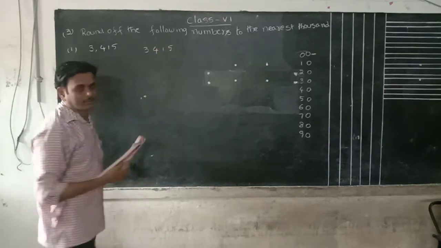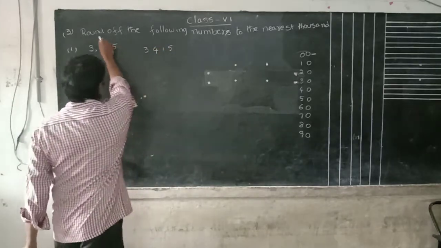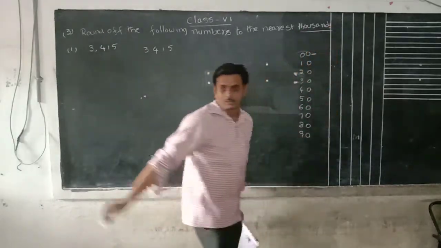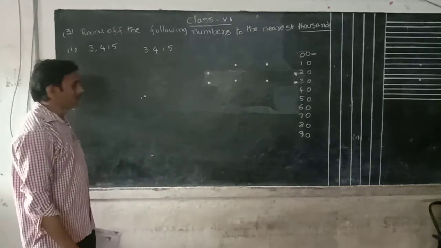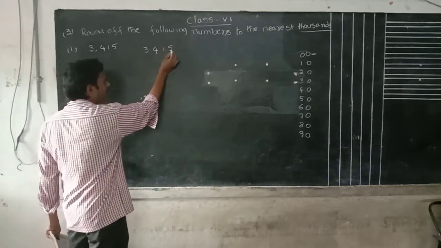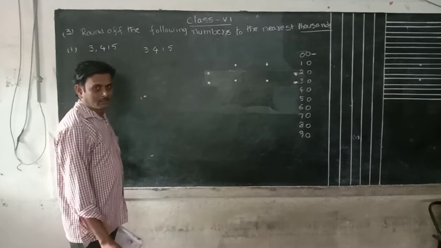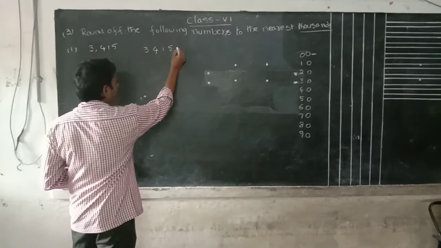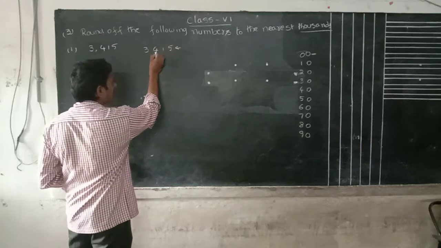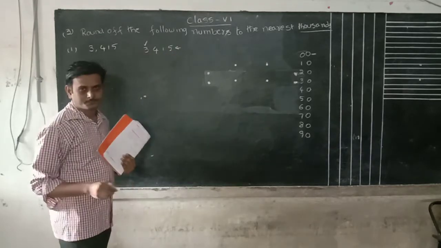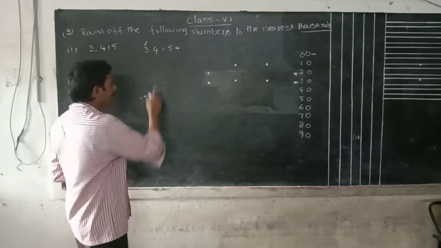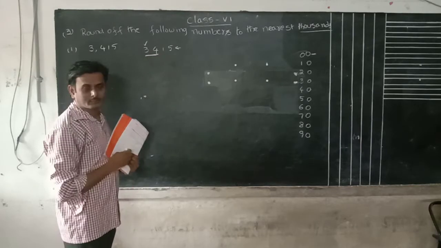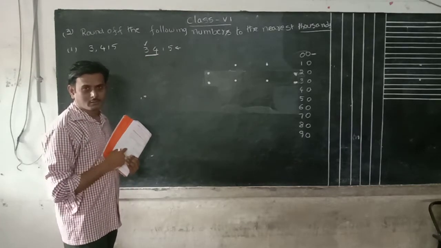Identify the 1000 place, because what is the question? Round off the following numbers to the nearest thousands. That means we have to underline the 1000 place. Which is the 1000 place? From the right side only you have to take place values, as you already know well. From the right side onwards take ones, tens, 100, 1000. This is the 1000 place. On the right side of the 1000 place, which number is there? 4. That will be taken into consideration. Only one number has to be taken to make a group.